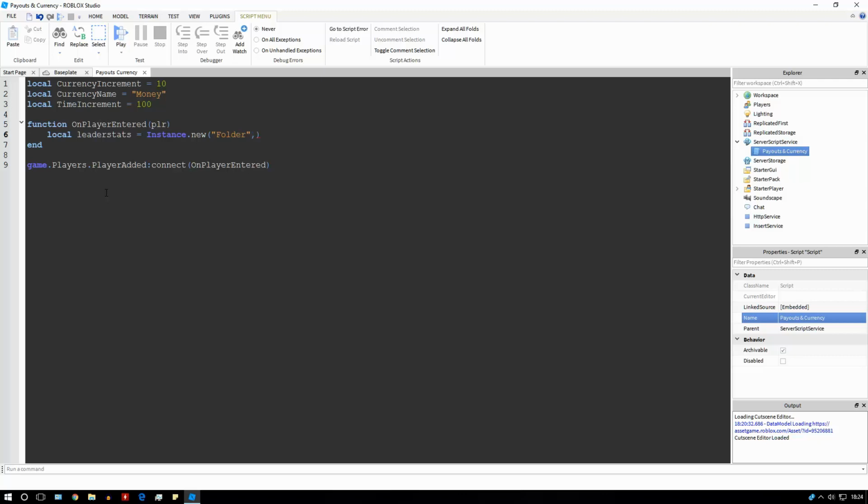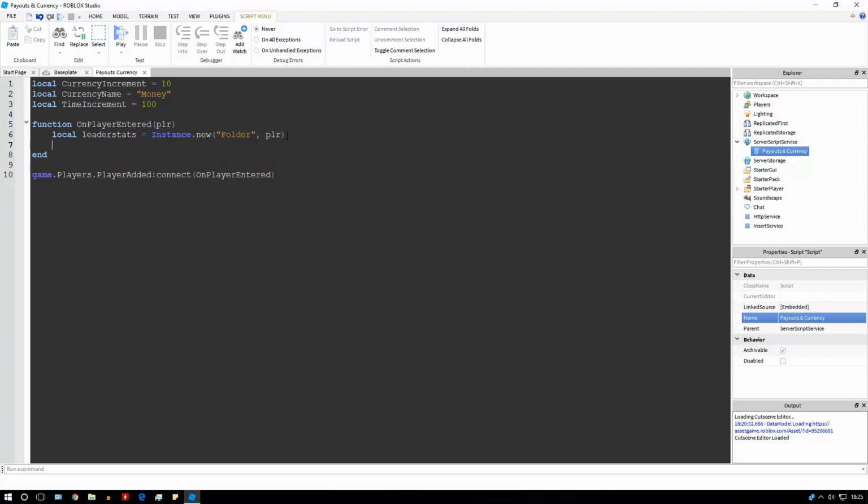And then we're going to put a comma here, and we're going to put player. And what that will do is, it will create the folder. So we'll go Instance.new Folder, and because we've got this comma here, it will put this folder that they've just created into player. And obviously the player is the player that's just joined the game. And what that'll do is, it will create the visual thing you see on the top right of your screen,